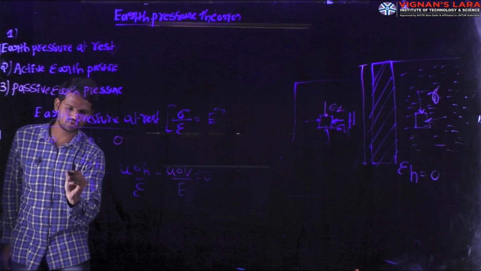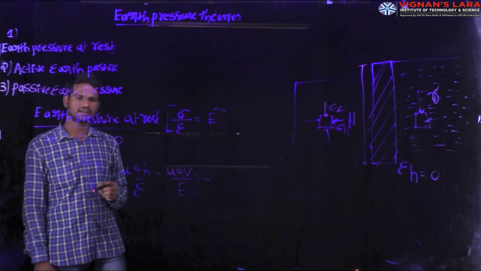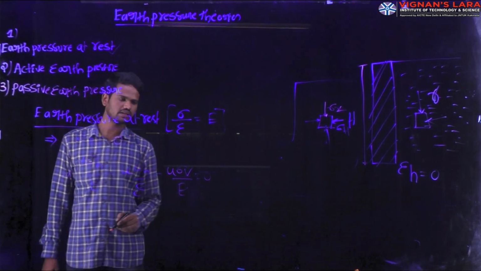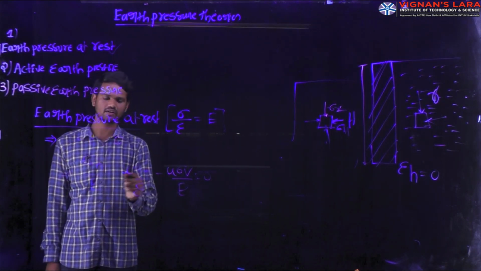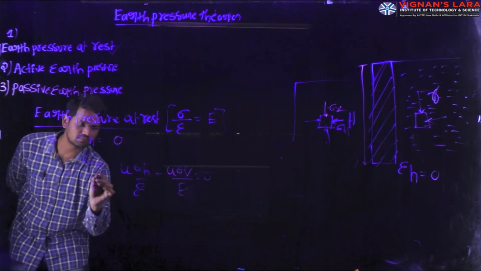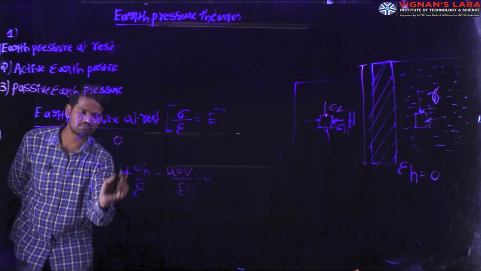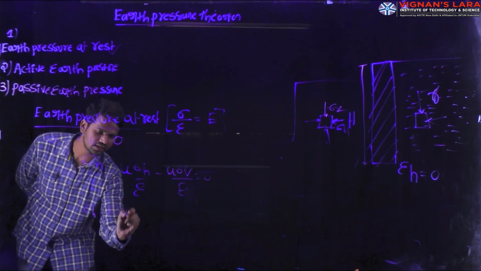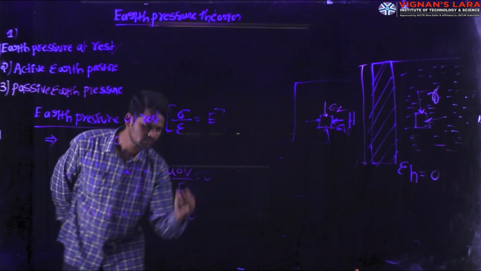If you substitute these parameters, you will get the horizontal stress as well as the vertical stress in terms of Poisson's ratio, where E in all three terms we are neglecting. That means in the numerator and denominator we are cancelling all the E. Then we will have sigma h minus mu into sigma h minus mu into sigma v. Cancelling sigma h, we get sigma h into 1 minus mu, minus mu into sigma v equals 0.